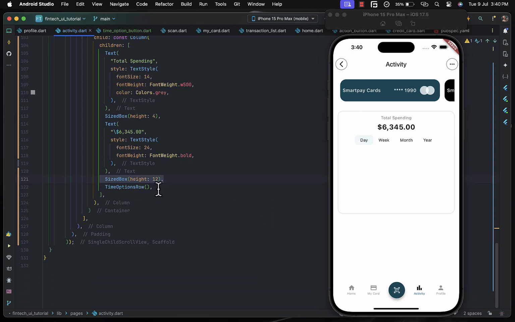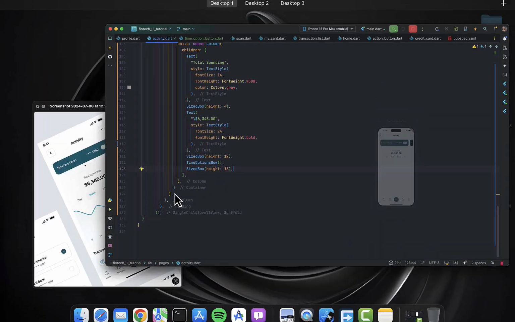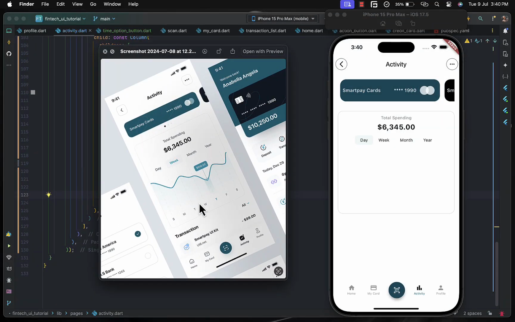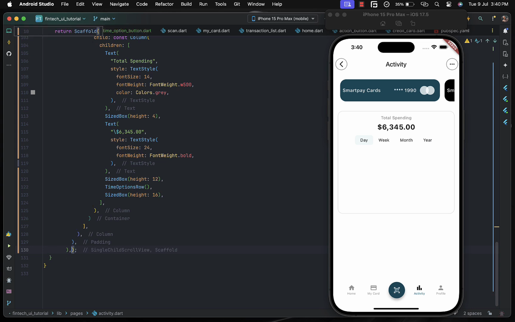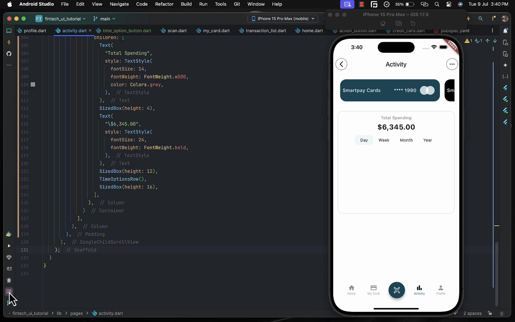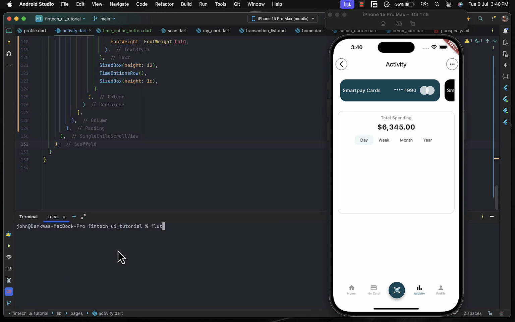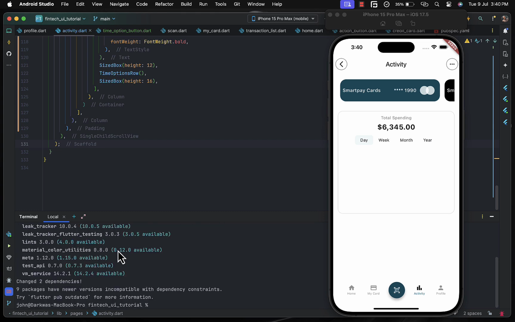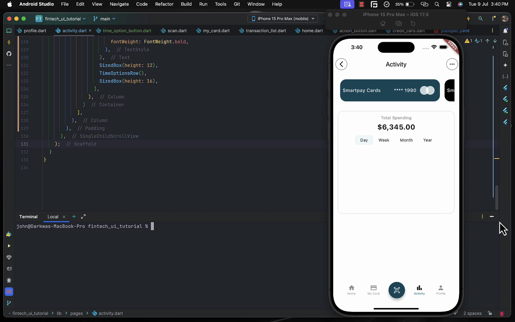So let's check for the next thing, right? So let's provide an additional space for the next widget, and it's going to have a height of 16. And the next thing to do is to show the graph. And for that, I'll be using the fl_chart to show the graph. So I'll pop up my terminal over here and install the dependency fl_chart. The command is flutter pub add fl_chart. So you can see we have a successful installation in here. So once we've installed the fl_chart,